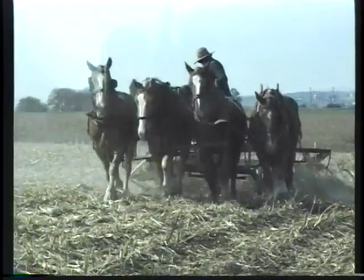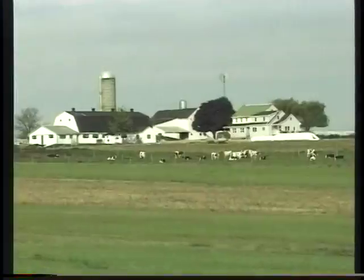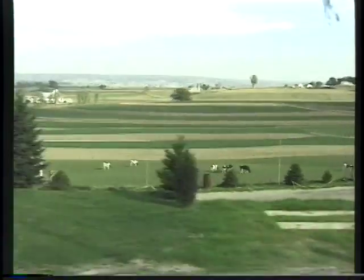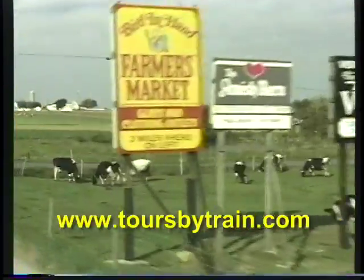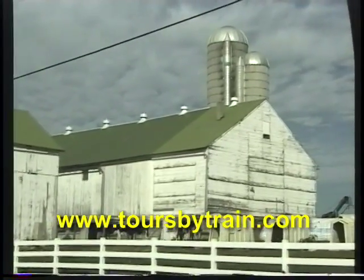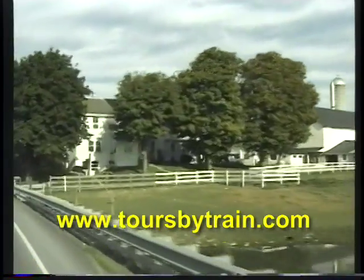Now the corn and the hay is not for sale. It is stored in the barns and the silos to feed the dairy cows. If you look across the fields at almost any farm, you'll see that small dairy herd. Each one of these Amish farmers milks between 25 and 35 cows twice each day, and that's how they make their money. You see, the reason the Amish like the farm as a place to raise a family is because